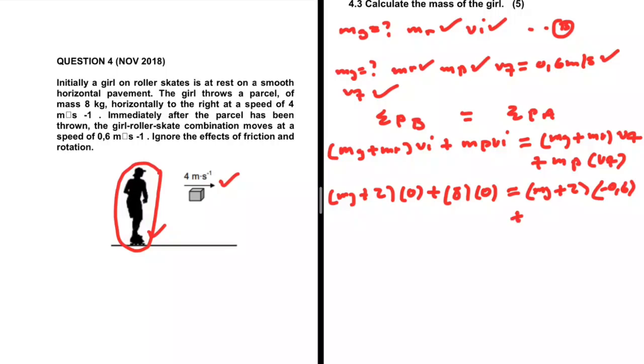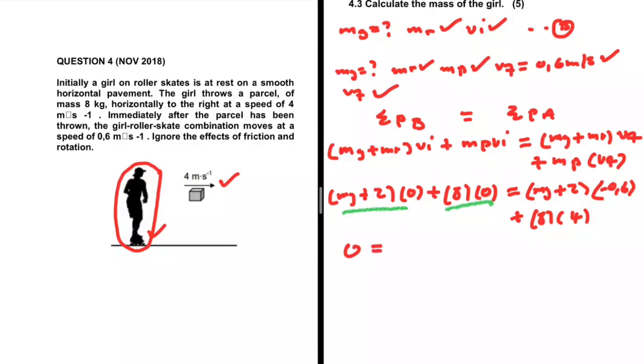Plus the mass of the parcel, 8 kgs, multiplied by its velocity, 4 meters per second. So this is going to give us 0. And we're also going to get 0 from that part also. So we're going to have 0 being equal to